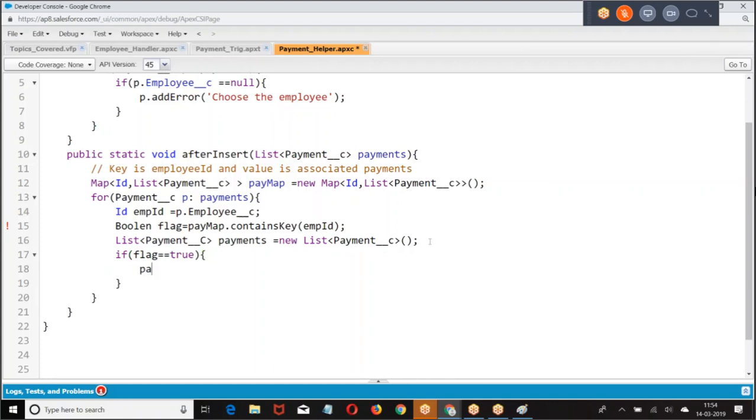already data is there. If data is already there, pay list dot add. Then again put back to what is the map name?